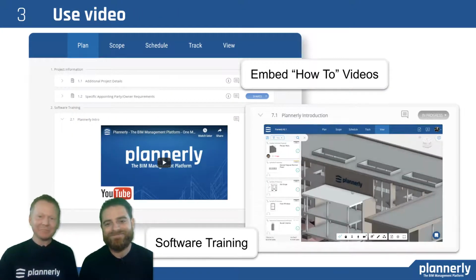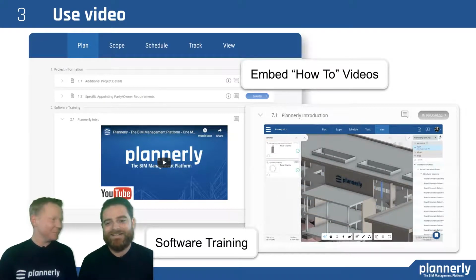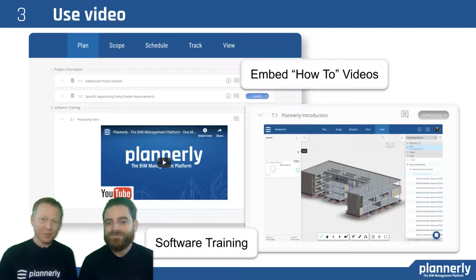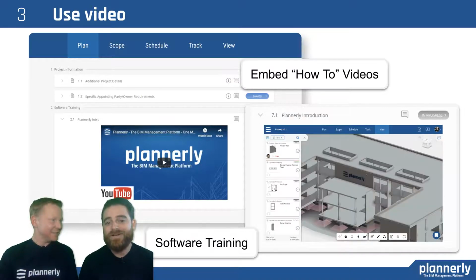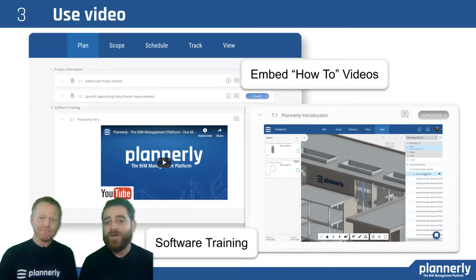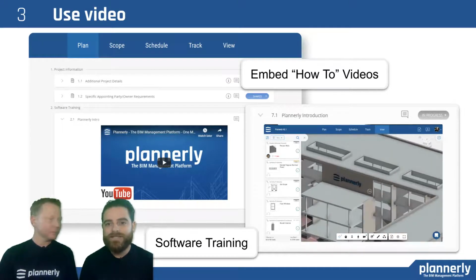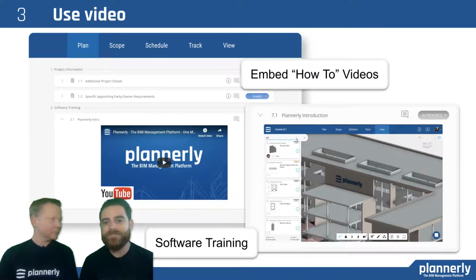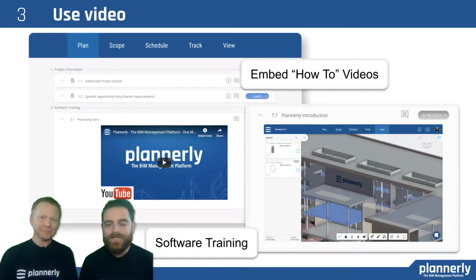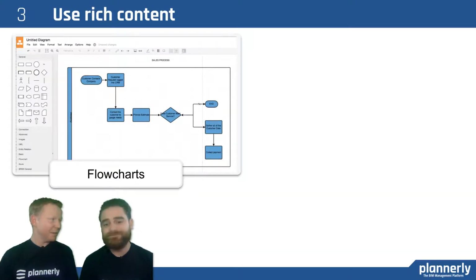Use video content. It's better than a whole 5-page set of text that potentially somebody is not going to read. Yeah, sometimes you can really save a ton of pages and paper if you use videos. So we see a lot of successful teams using a 1-minute, 2-minute video on how to model something in Revit, how to coordinate something or use clash detection in Navisworks. If you can do that in a 1-minute, 2-minute video, it's so much more clear than having to write a set of instructions out in 6 pages. And people will actually watch it.